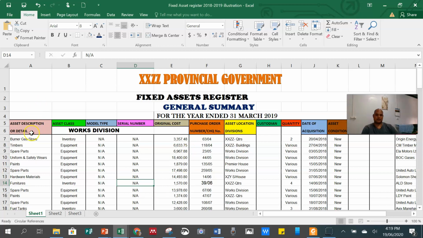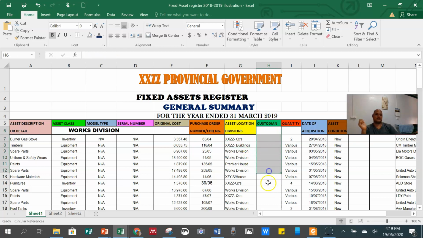But this is what they provided me. They provided me at least with the department. This is the department, and these are the assets that they procured, and also a description of the asset as well as the model. What model are they acquiring? And if there is a serial number, what was the original cost, and what was the purchase order or the check number, and where in the division this asset was allocated to, who was the custodian.